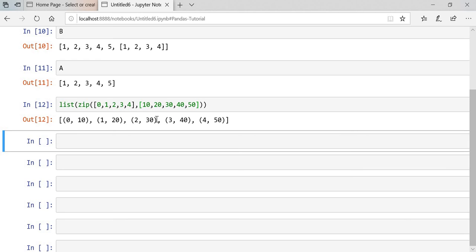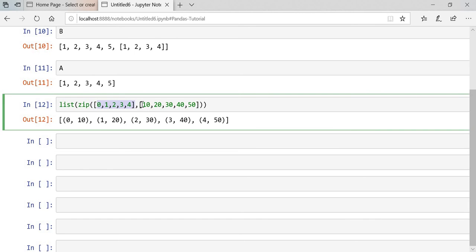See what zip does. We have two lists over here. It will zip the first list and second list together: the first element with the first element, the second element with the second element. So like this it will zip together, guys.